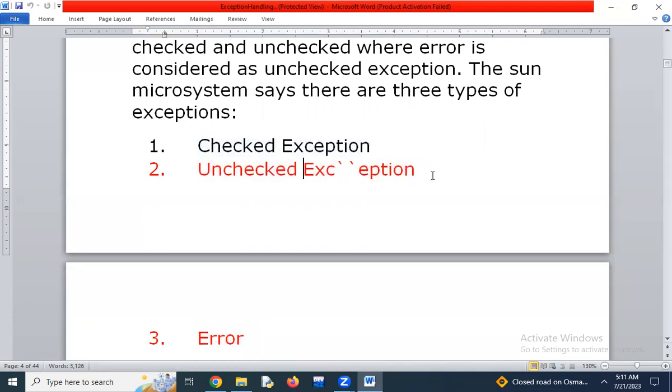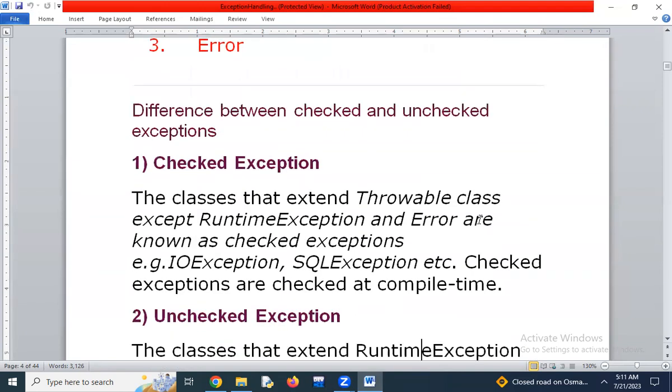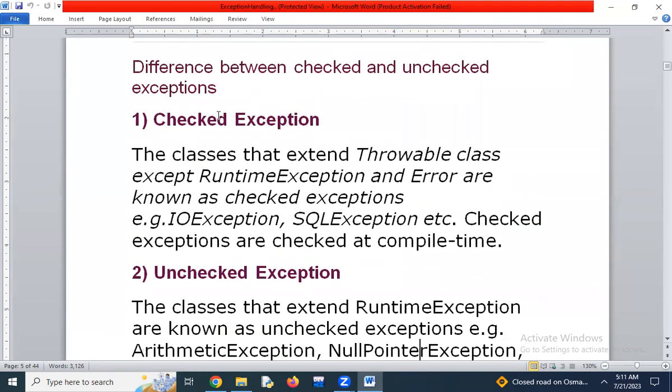Some exceptions may come or may not come, but we have to provide exception handling. Those are checked exceptions. These classes extend the Throwable class except runtime exceptions. IO and SQL are examples. When we are writing SQL, whether an exception comes or not, we compulsorily have to provide exception handling. The compiler will ask you to provide it. These types of exceptions are called checked exceptions.